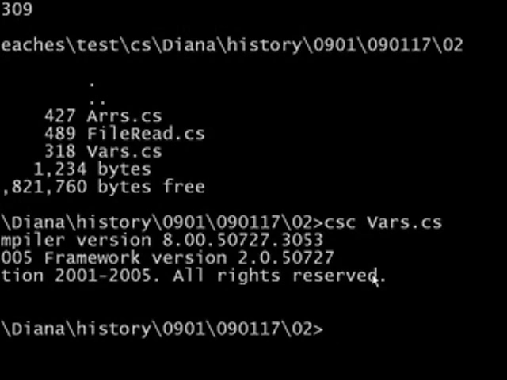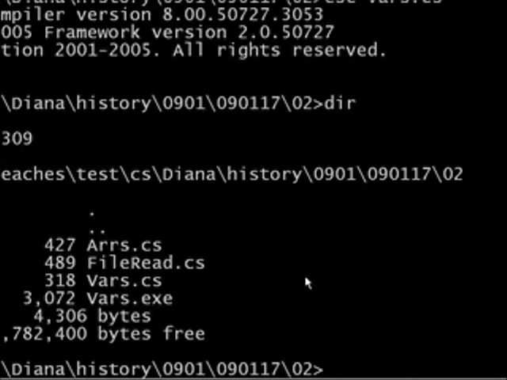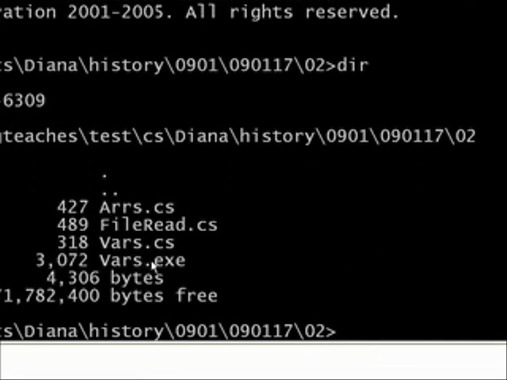So if I do a directory now, there's the same 3 .cs files, and now there's the vars.exe. And in order to execute that, we just type the name of the exe file, which is vars,